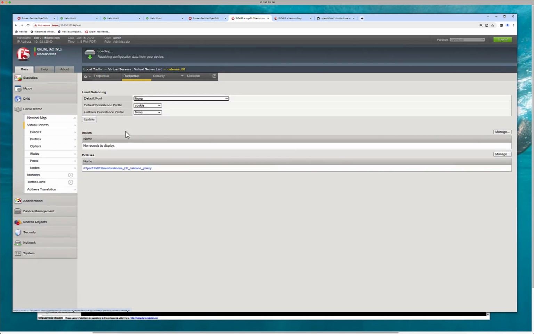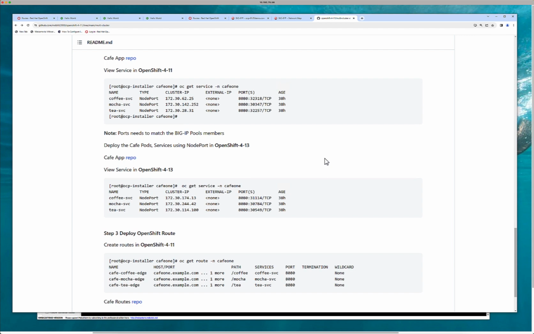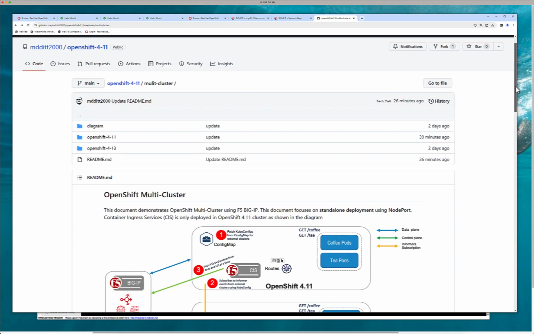So yep, there's a cookie there, right? But when you have multiple clients, you're going to get sprayed across multiple different endpoints. So that is the demo of